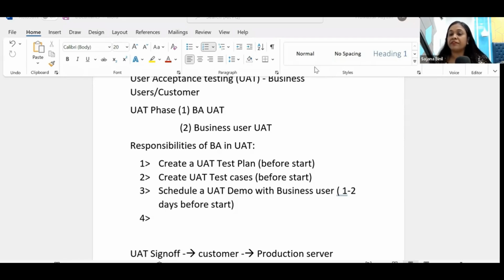That is the reason the UAT demo is very, very important. Show them exactly what screen they have to focus on. Again, your UAT demo is something that has to be done very meticulously. Many times I've seen BAs during the demo end up showing modules that are irrelevant to that particular UAT. So you might be handling a very large application for the business users, but if in that particular sprint you have made changes only for 2 or 3 functionalities, don't go here and there and show the other functionalities. They will get totally lost. Be very focused in the demo and show them only those 2 functionalities which they are supposed to test. Okay. So schedule a UAT demo with business users, and the 4th step is